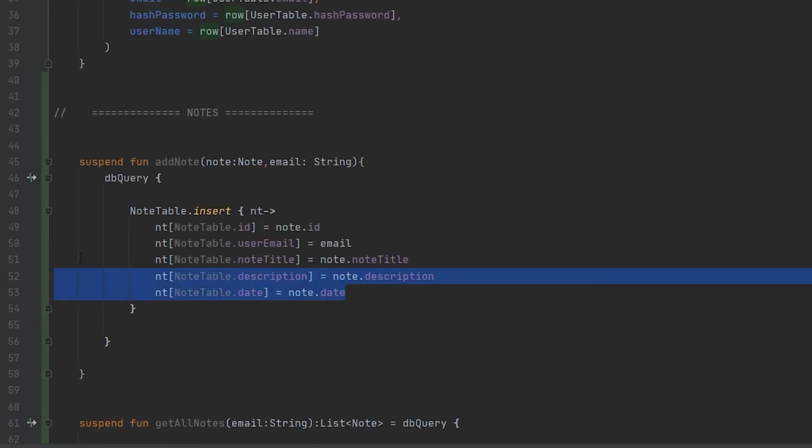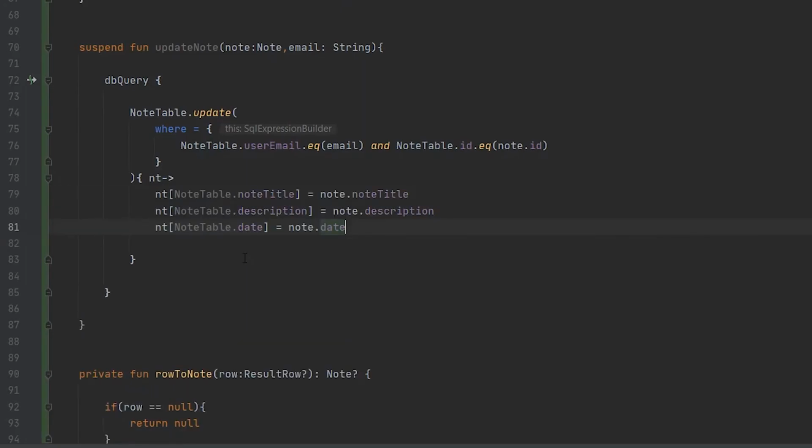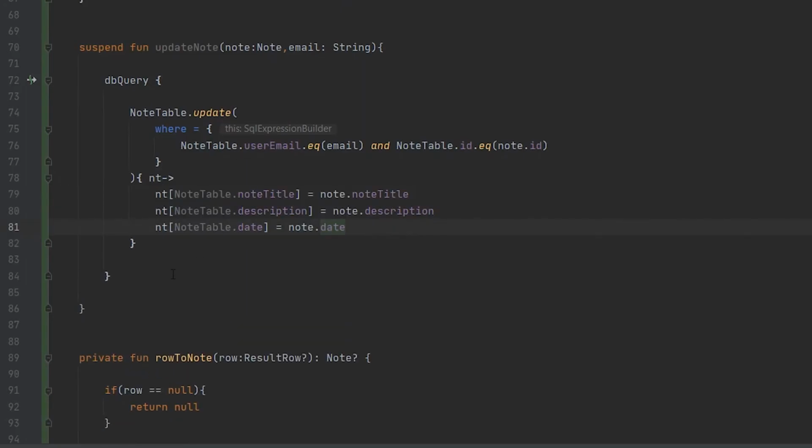Then copy this and paste in here. So that's all. This was our update function.